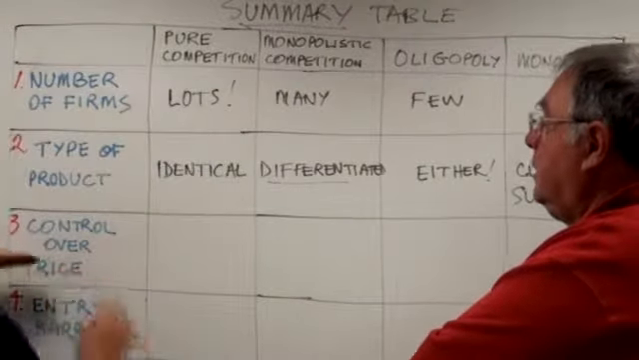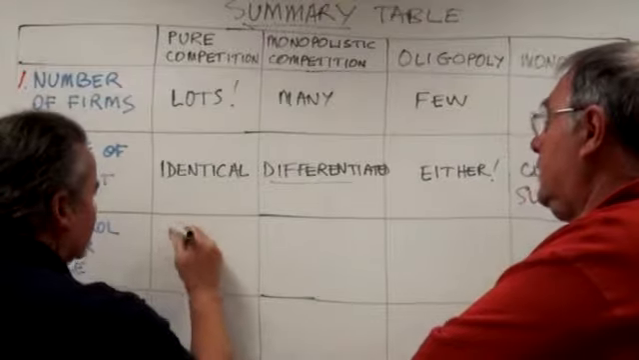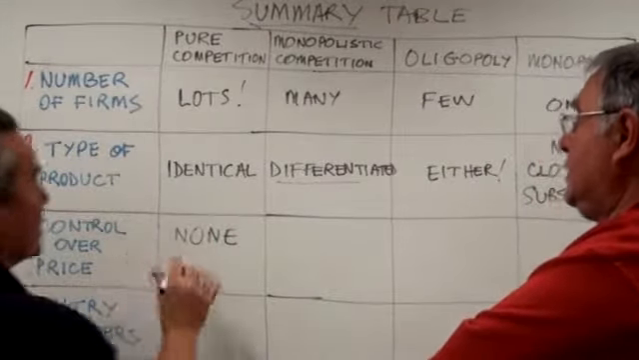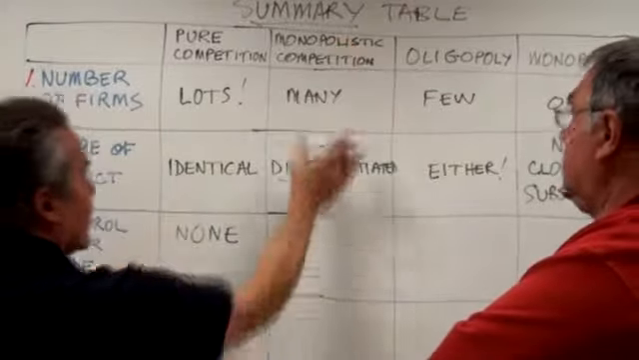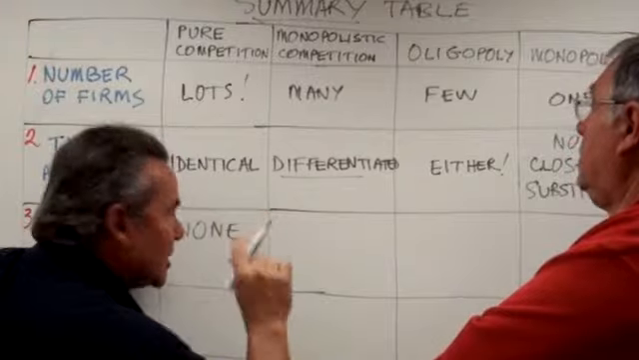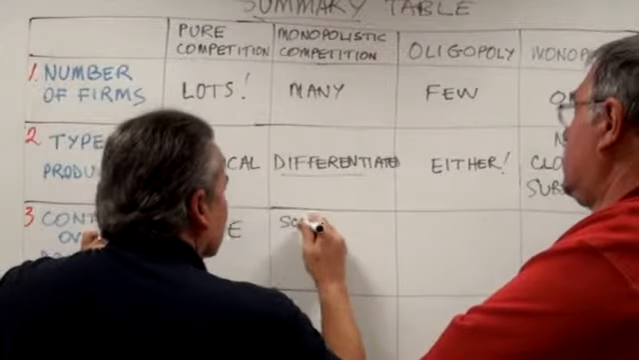Pure competition, control over price, none. So remember, the price taker. Firms are price takers. Monopolistic competition, control over price. Remember, some small degree,